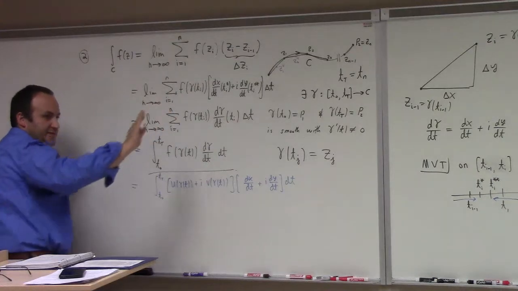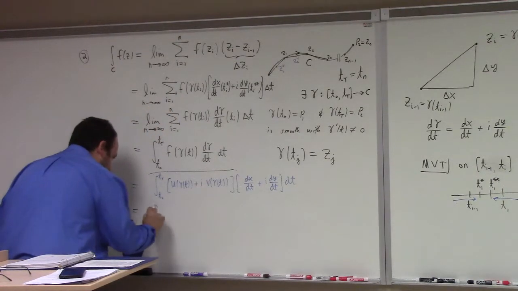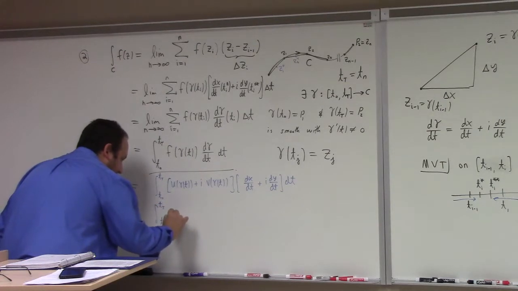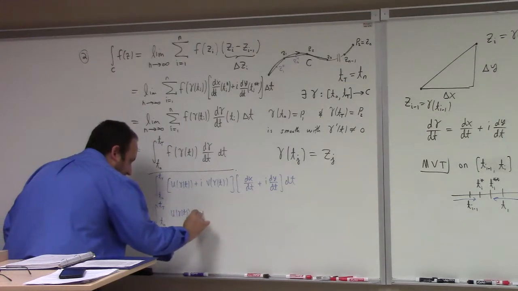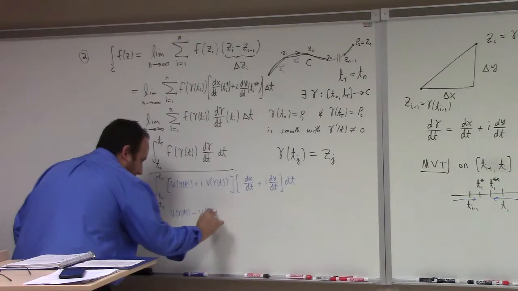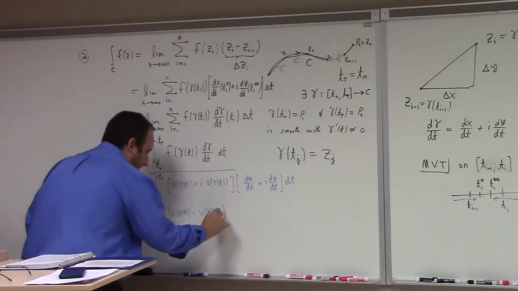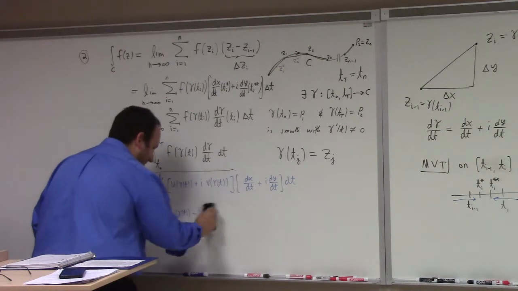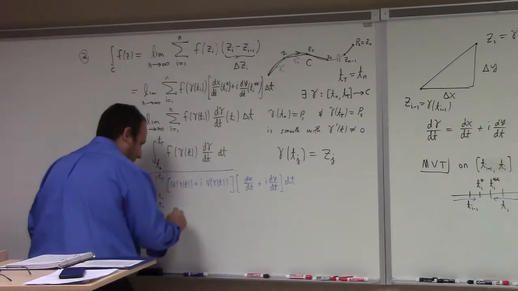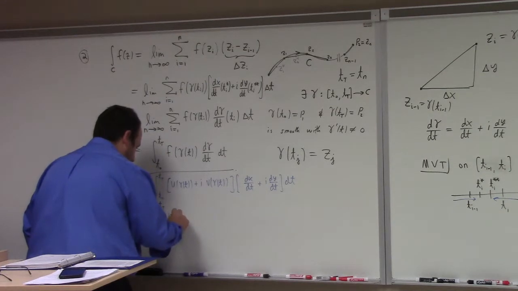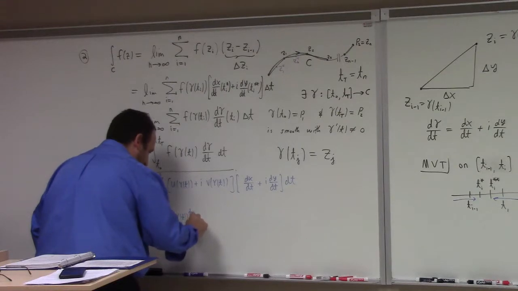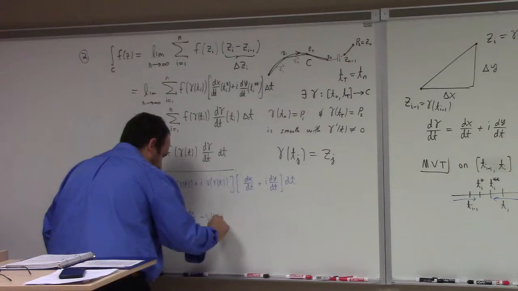And so when you multiply this stuff out, what you get is u of gamma of t minus v of gamma of t times, oh, curses. I regret starting this, but it's too late. dx dt minus v of gamma of t